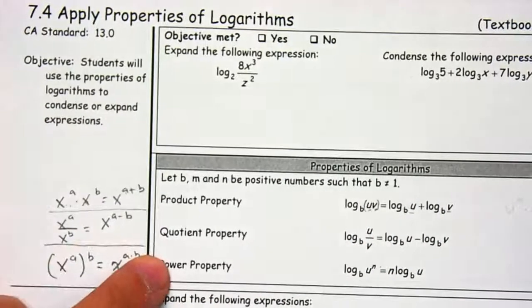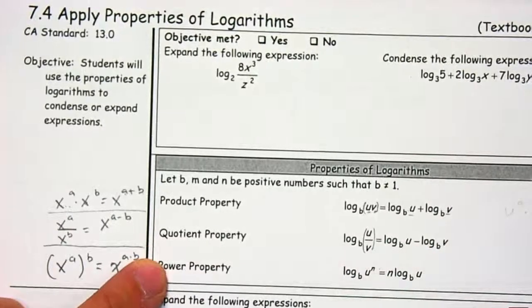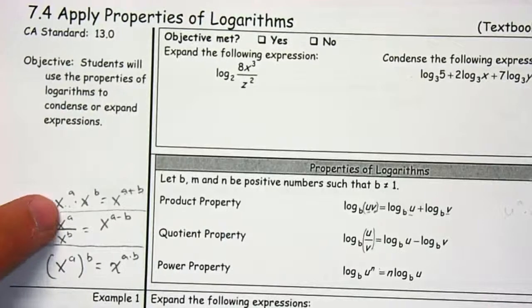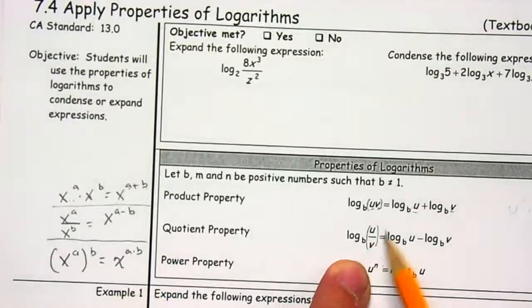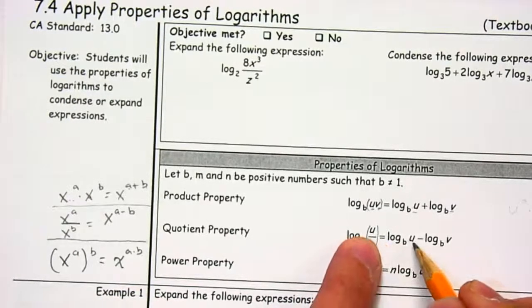Same thing with the quotient property. If I ever have two things being divided, or I can write it as a fraction, right? Before we had something like this, where if I have one exponential divided by the other and they have the same base, well, we can subtract the top minus the bottom. Well, same thing here. Whenever I have a logarithm, we can subtract the log of the top minus the log